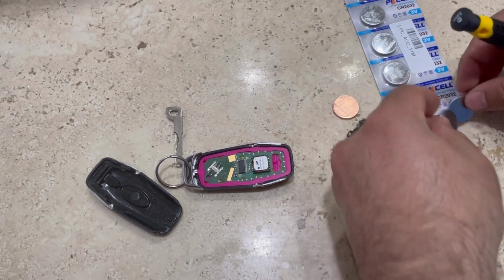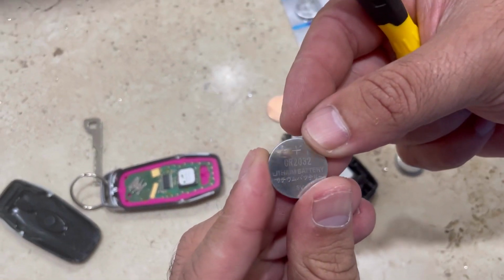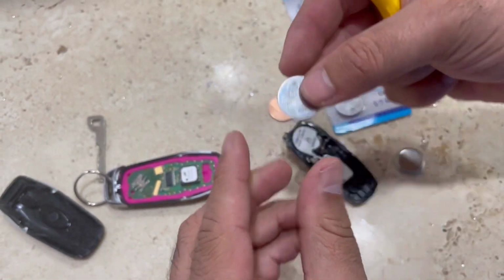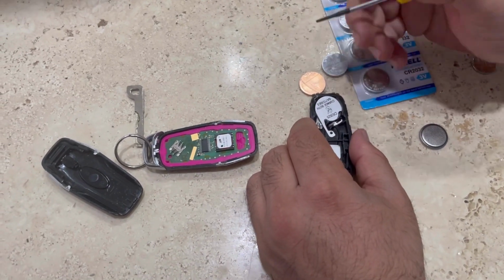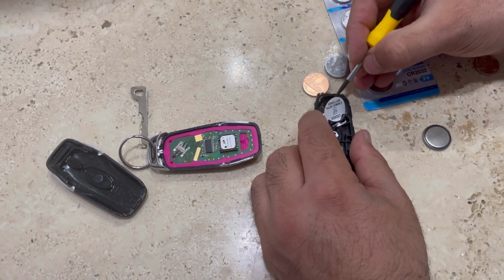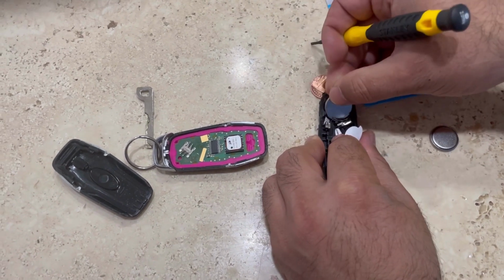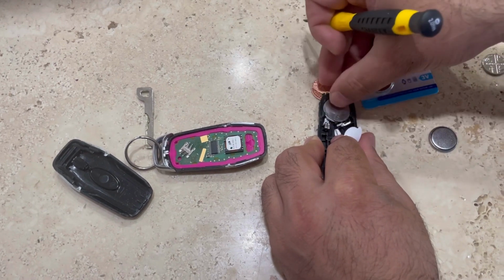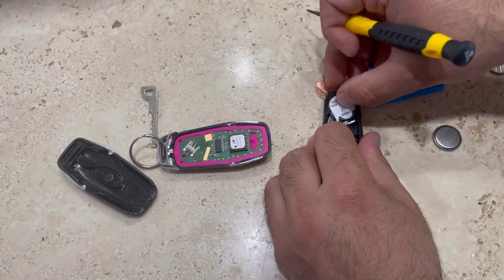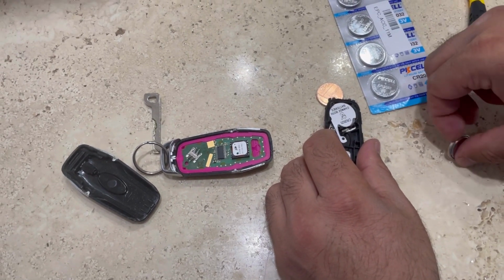replace them. And look, that's positive, where the writing is the positive side. The first battery should be facing positive upside, so take this one and slide it in and press it down. It's gonna fix. And put the paper on top of it,